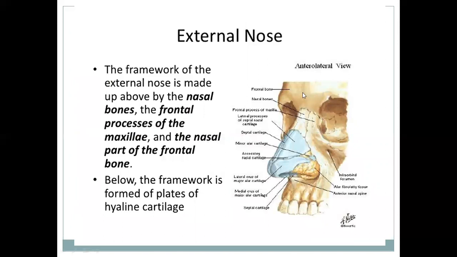Same here. This is the frontal bone joining with the nasal bone. This is the frontal process of the maxilla. These are the two upper lateral cartilages. These are the lower lateral cartilages, which are also called the greater alar cartilages, and these are the lesser alar cartilages. The greater alar cartilage is again divided into a lateral crus, which forms the ala of the nose, and the medial crus goes downward and contributes to the formation of the columella of the nose. This is the fibrofatty tissue. This is the frontal process of the maxilla.